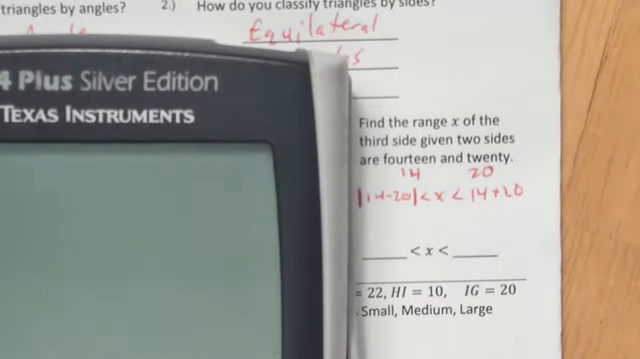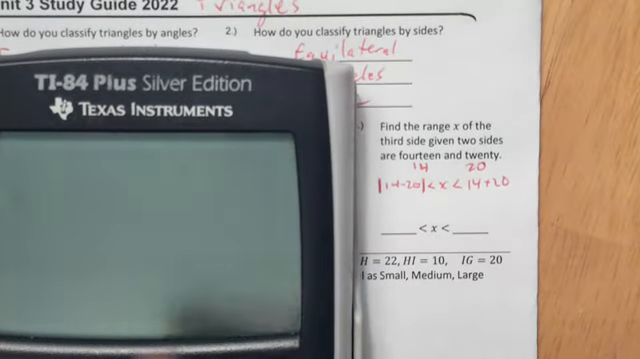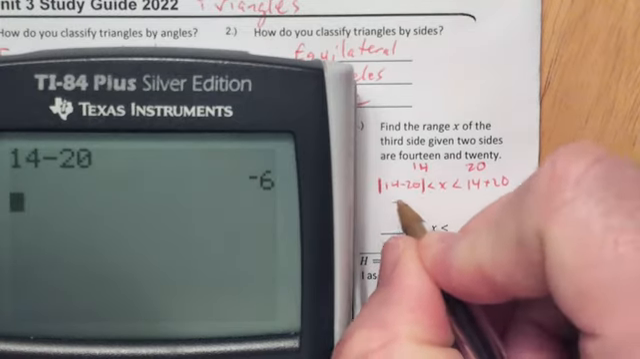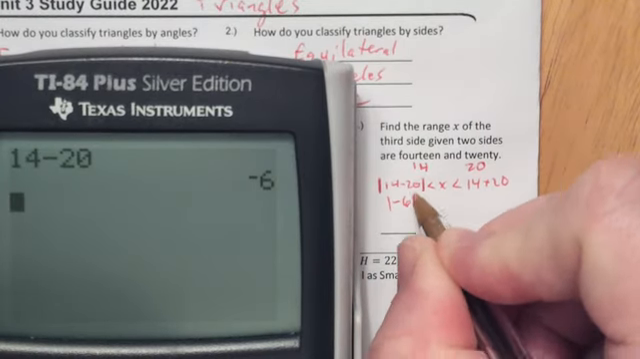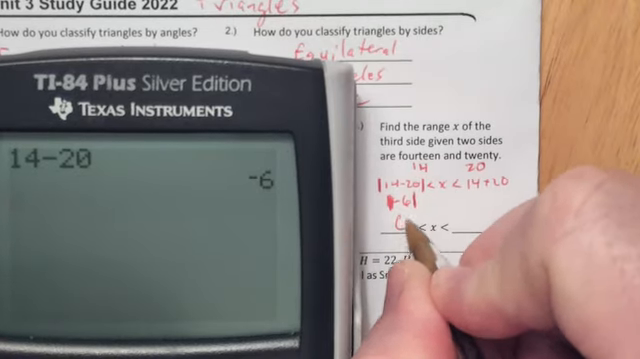I like to show my calculator. I use this big hunky calculator right here, just so you can see all of my steps. So 14 minus 20 is a negative 6, but the absolute value here always gives me the positive. So that would mean 6